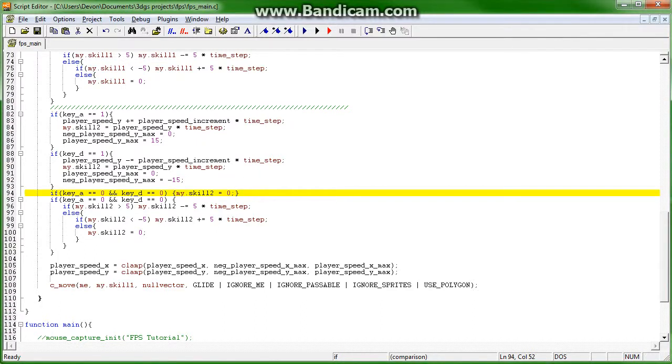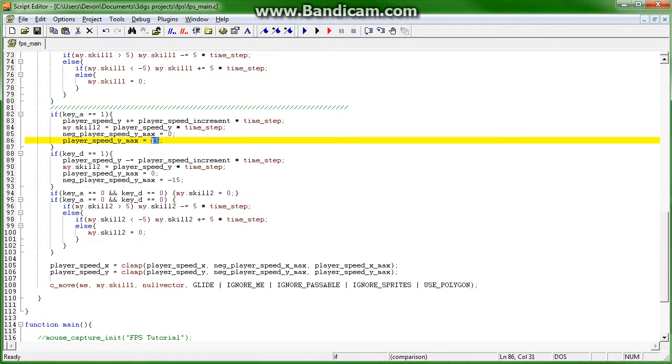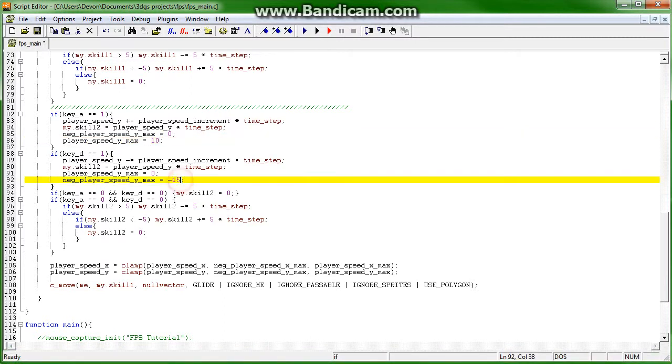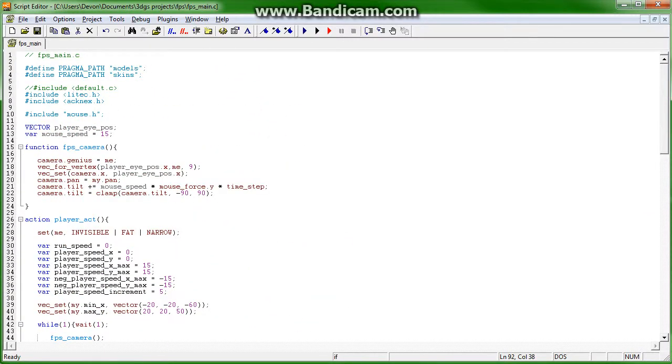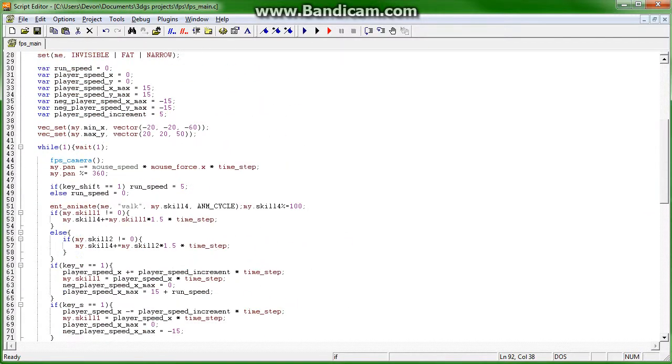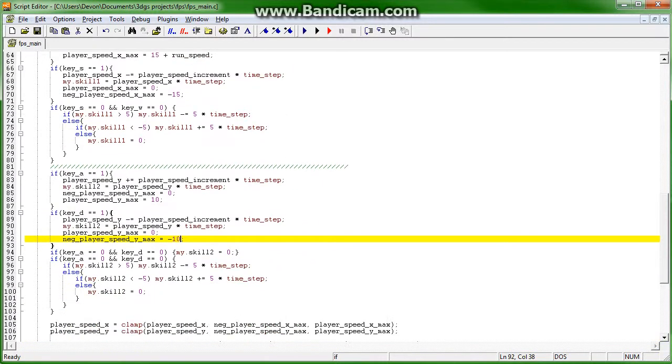Okay, so in the last tutorial, I had mentioned that we would adjust this really quickly, so I'm going to bring this back down. I'm going to bring it down to 12. We'll make it 10, because I found that the strafe was a little bit too fast. Okay. So now we have a working strafe, a working run,